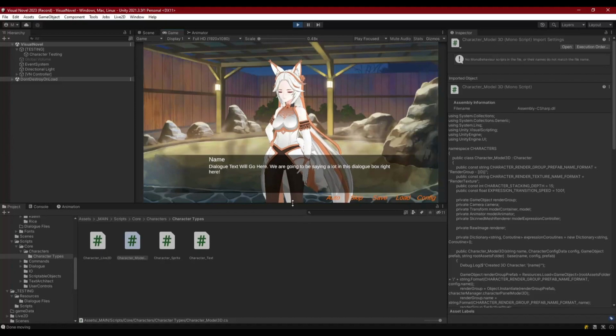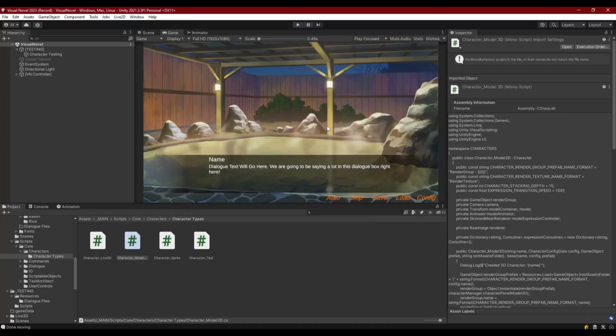And we're going to start off with the same pattern that we did for live 2D characters. So we're going to make this character able to show and hide, and then set the color, and then set the highlighting and the facing direction, and then you can expand from there as you see fit. So let's open up our character model 3D script, and let's start adding this